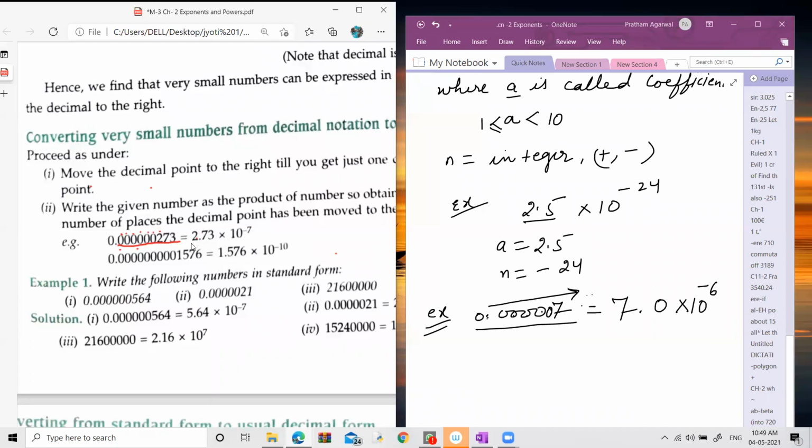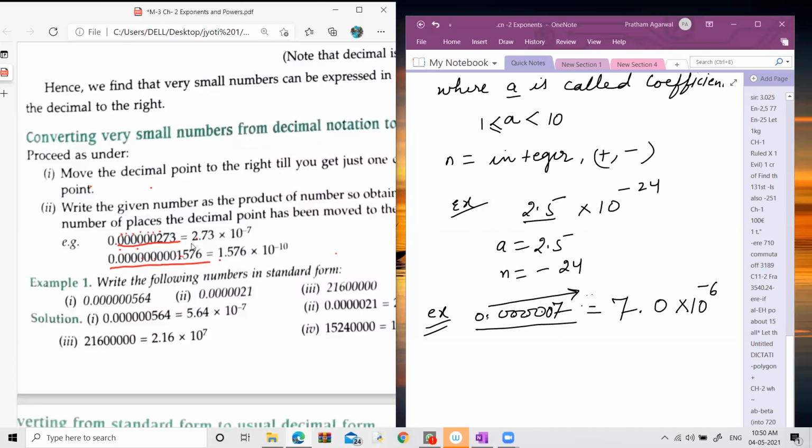Now let's come to the next example. Here again, you have to put the decimal just after the 1 digit. So when you put the decimal after the 1, you have to shift the decimal from left to right. And how many decimal places do you have to shift it? Just count them. 1, 2, 3, 4, 5, 6, 7, 8, 9, 10. It means the power should be 10. We are shifting the decimal from left to right, so there is a negative power. And remove all these zeros because they have no value.